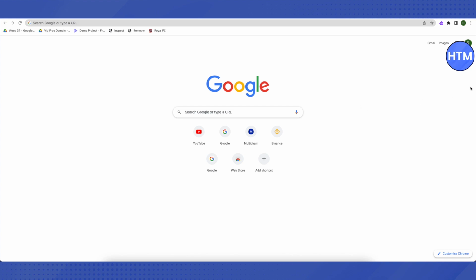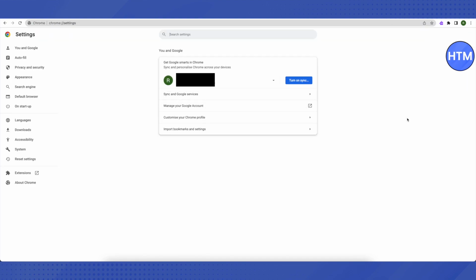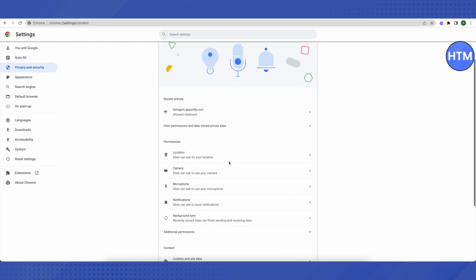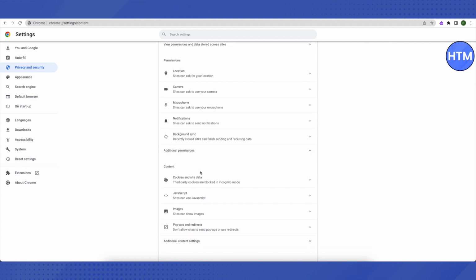the three dots that you will be seeing on the top right corner. Then go to your settings, and in your settings you need to click on privacy and security, and there you will be able to see this option of site settings. Just click on it, then scroll down to the very end, and then you will be able to see this